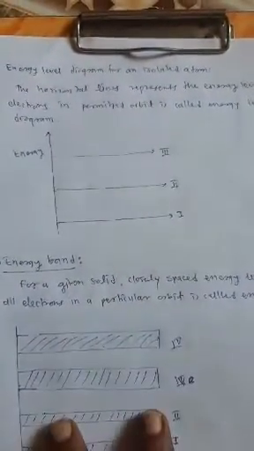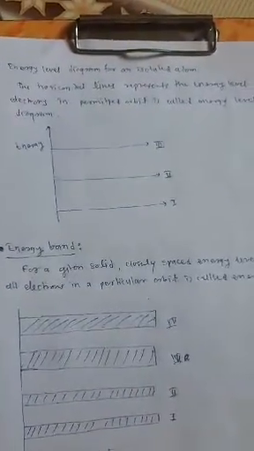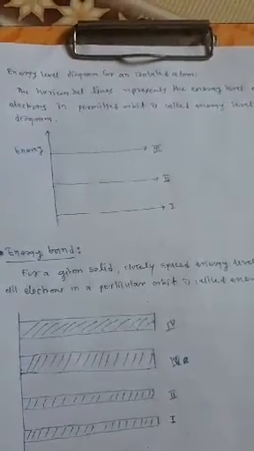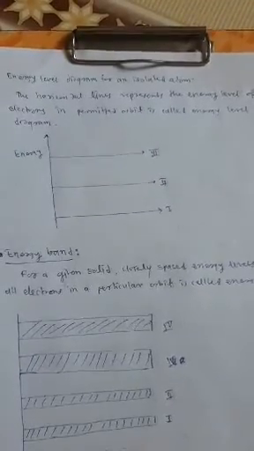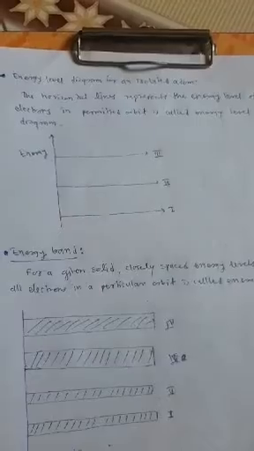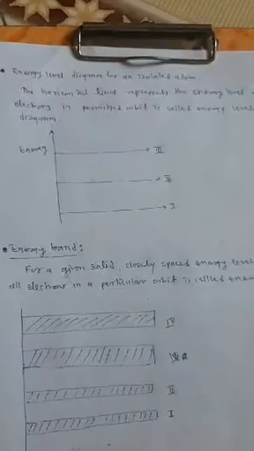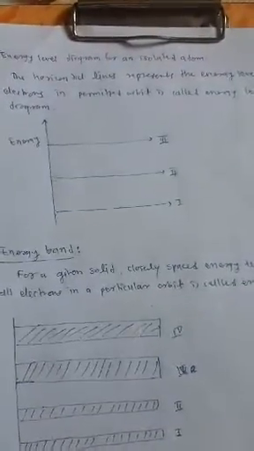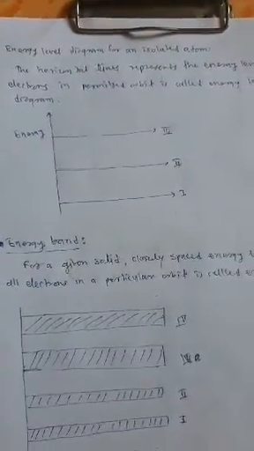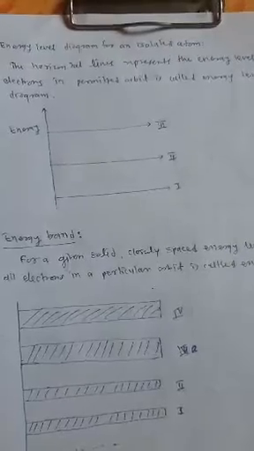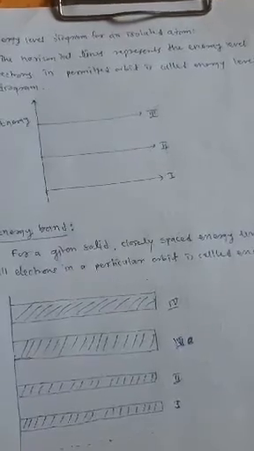But we know that an isolated atom is not possible for a solid. All atoms are influenced by each other and they form a solid structure. And in solids, the nature of the energy of the electron in a given orbit is slightly different than that of an isolated atom.